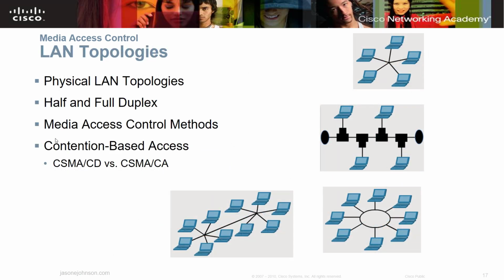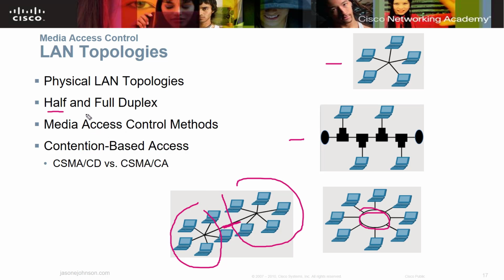Now, some of the LAN topologies, or some of the terms that you're going to need to learn. Your physical LAN topologies, you're going to do those in the reading. Those are your star topology, your bus topology, your hybrid topology. This is a ring down here. This is ring topology. This is a hybrid because you have a star and you have a star, but they're connected together. So that's a hybrid.